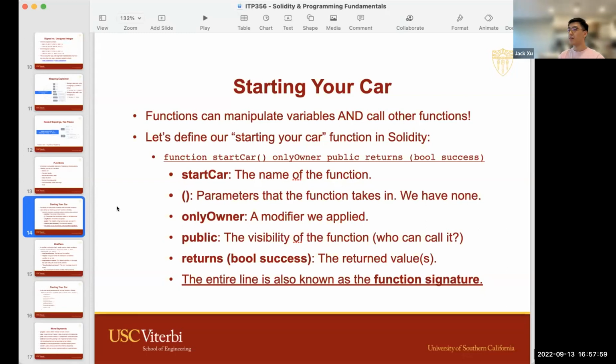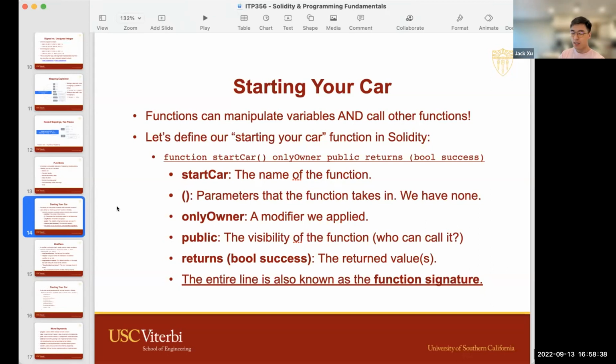So in other languages too, this works in a similar way. In Solidity, we've got public, we've got internal, and we've got private. And we also have external. We can talk about it in a bit. Right now, don't worry too much about it. Returns bool success. Actually, you know what? Let's go back. Let's talk about it right now. Four different visibilities. What do they mean?